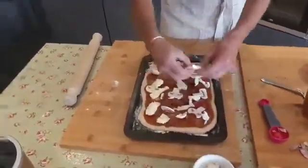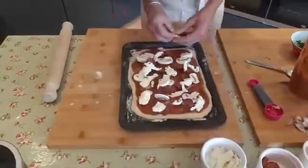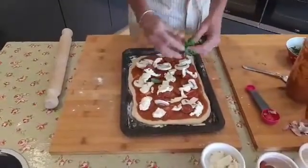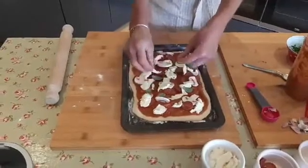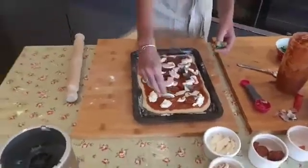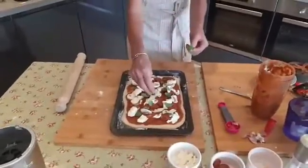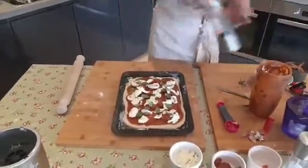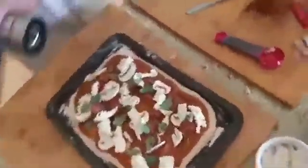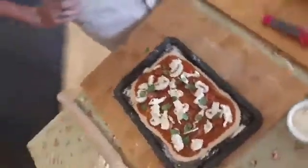So if you didn't want to get the barbecue going this afternoon, you can have pizza instead. And what a treat for everyone. And we're just going to add some final bits of basil on the top. Some lovely fresh basil. Really brings out the flavours. And maybe just a final grating of some black pepper. Like that. And hey presto, we have a pizza ready to go in the oven